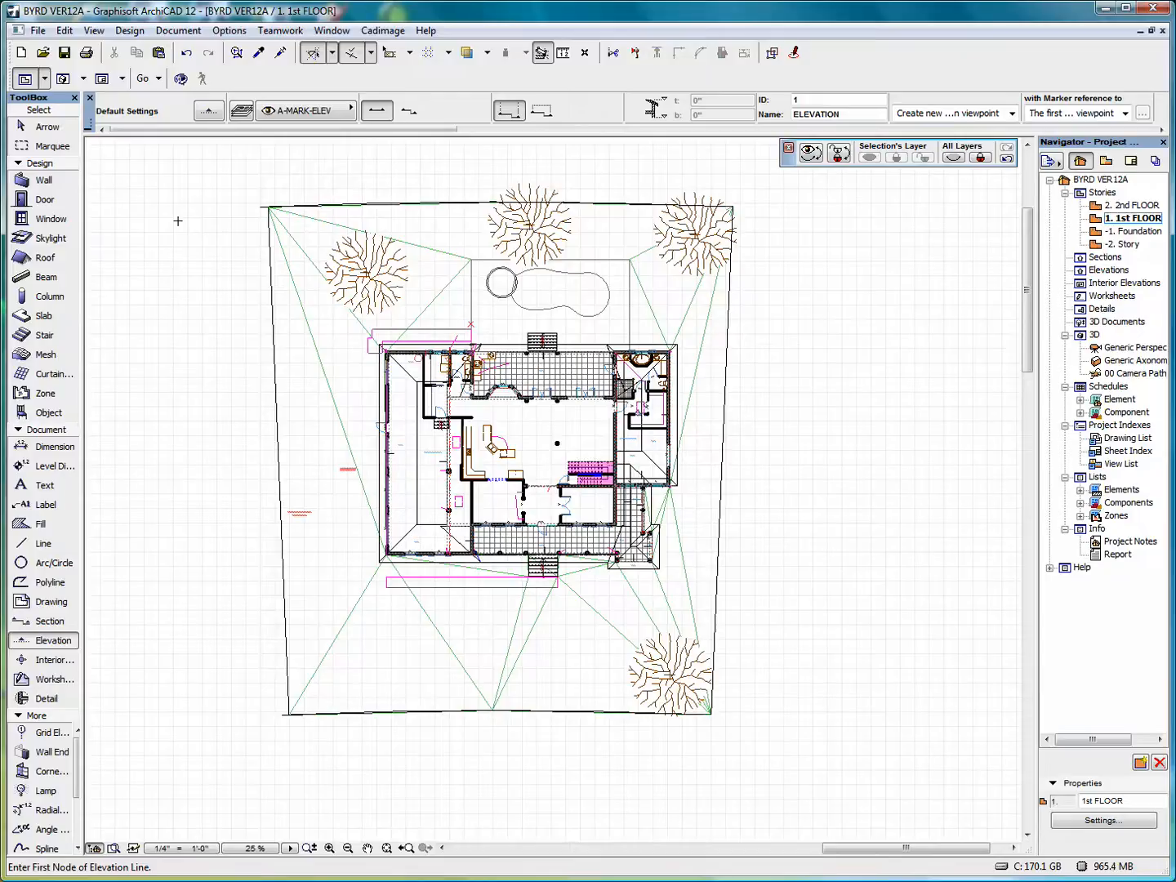Welcome to our lesson on working with elevations, interior elevations, and sections. In the later versions of ARCHICAD, we now have in our document section of the toolbox tools for drawing sections, exterior elevations, and an interior elevation tool. If we select our elevation tool,